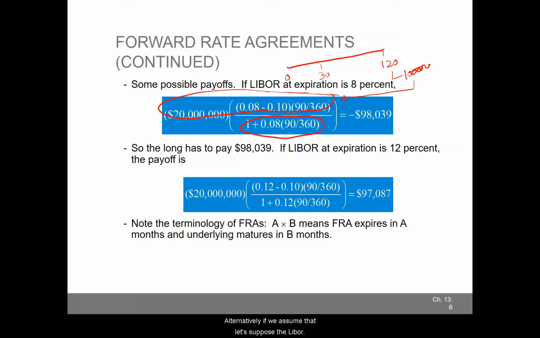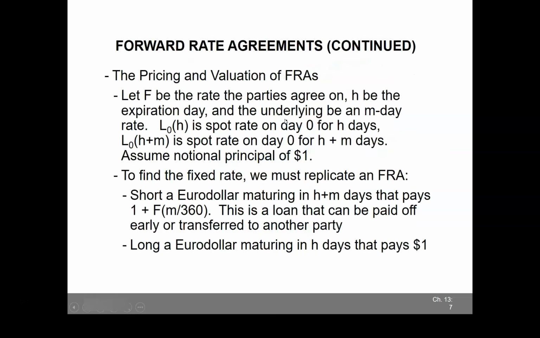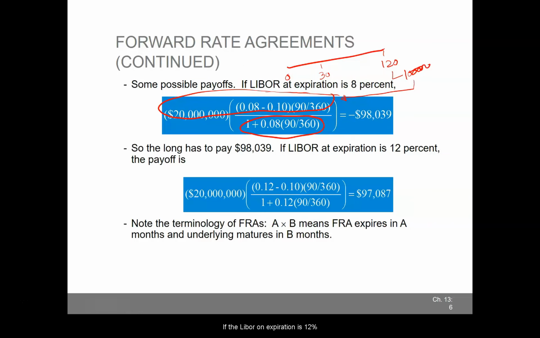Now alternatively, let's suppose the LIBOR on expiration is 12%. In that case the interest rates have increased rather than decreased, and since you have entered an FRA where you are borrowing at 10% and the comparative rate, that is LIBOR in this case, has gone up to 12%, you have made a gain here, and that is 2%. Again, this 2% multiplied by the loan period and this whole multiplied then by the notional principal gives you 100,000, which is a gain in this case because you are a long position in the FRA,